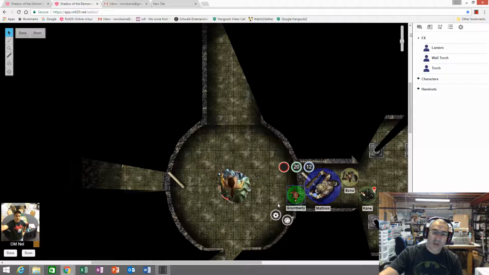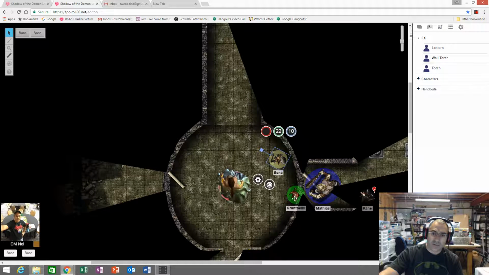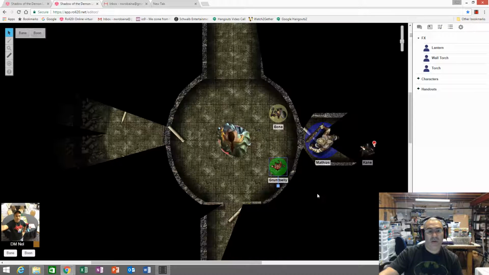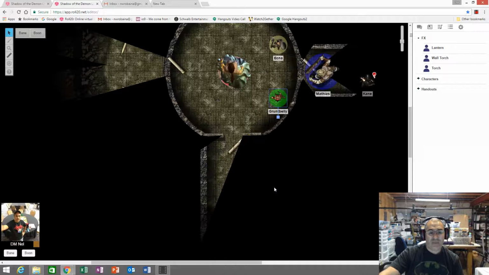So they both move through here, and they start fighting the Bloody Bones, and they're still just rolling terribly. The fights are dragging on and on. And so we're running out of time in the session. I really wanted to finish it this night, so I decide they still have the demons to deal with, in the lower part of the dungeon.